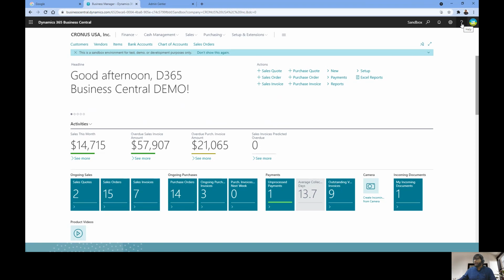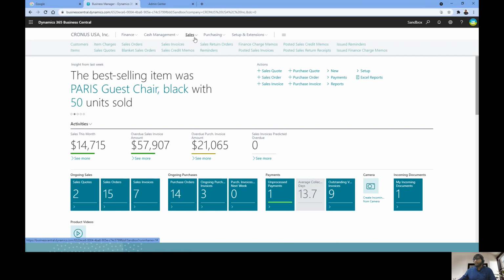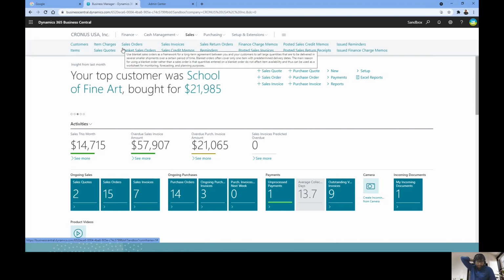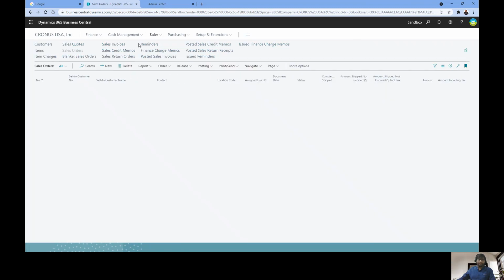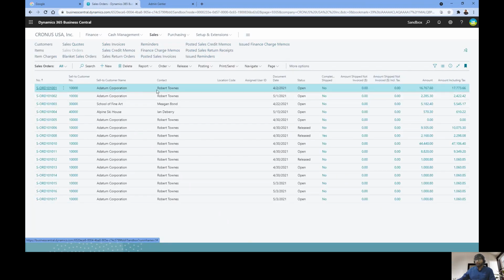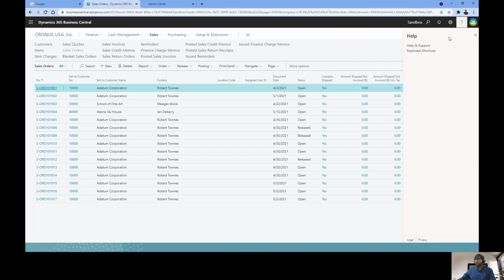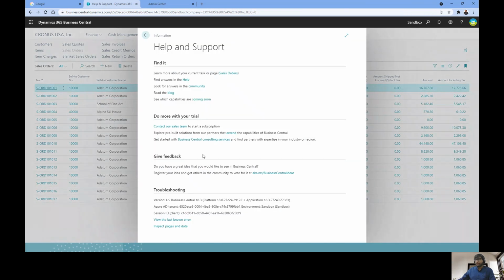Again, if I want to add something, let's say I am here. Sometimes, as a functional person, if you are a business analyst or functional person, you have to check the schema name of a field. What is this field name? So you can tell the report writer, okay, I need this field and that field. So sometimes you require the schema name. If I want to see the schema name of a field, this is the display name, and what is exactly the schema name for this field, then you have to go to help and support, and here